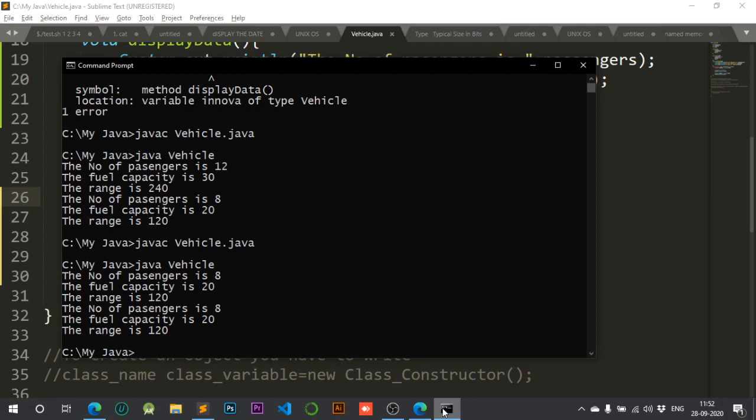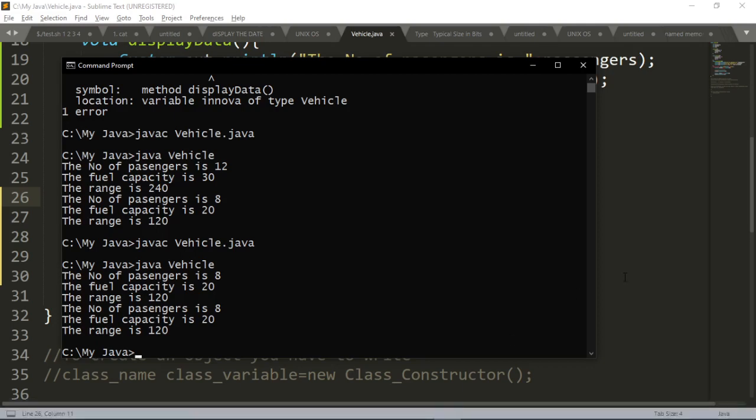That means whenever you have created both objects, minibus and Innova, the same constructor initializes both of them.